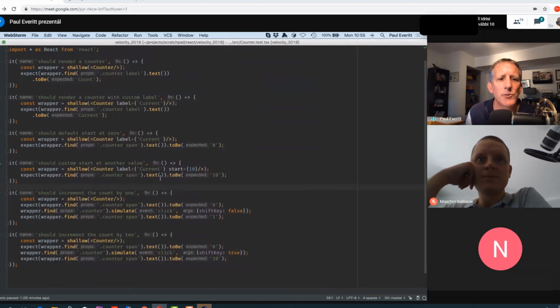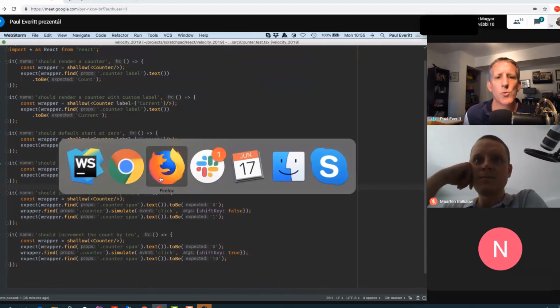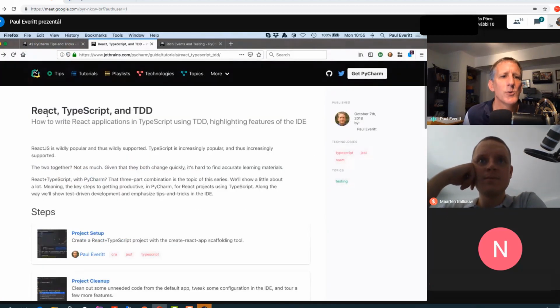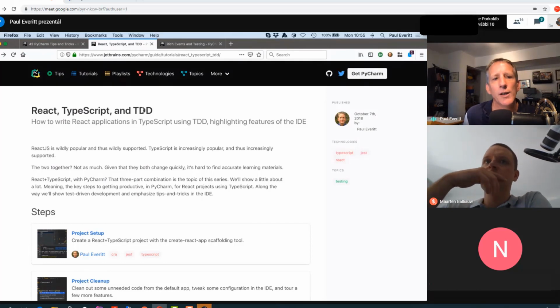So that's the commit tool. Now, on to the one that I really wanted to show for this session about these 12-part React, TypeScript, and TDD. TDD is test-driven development, and I'm a big believer that when you're writing your front-end projects, for example, in React,